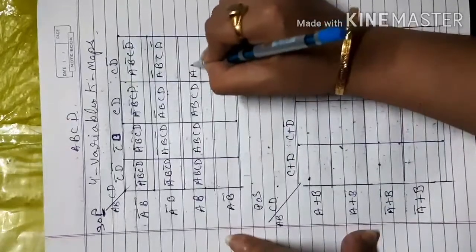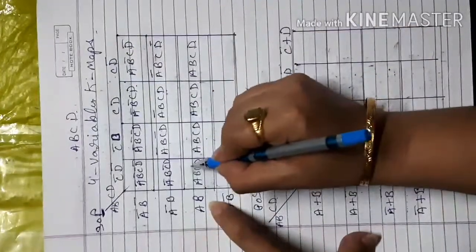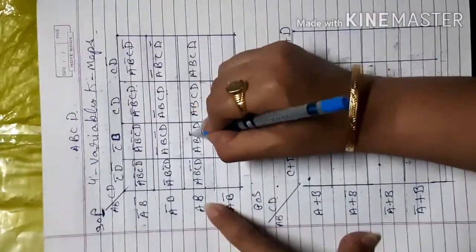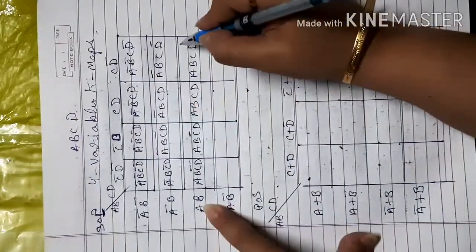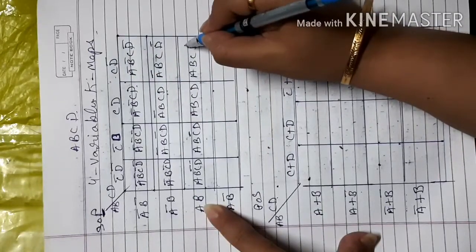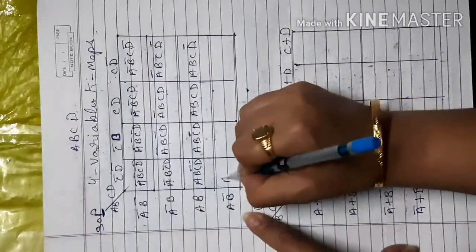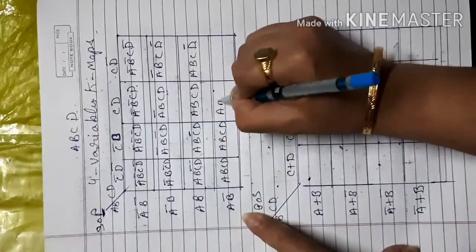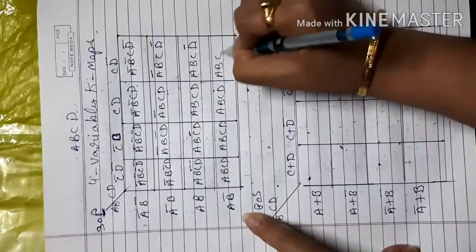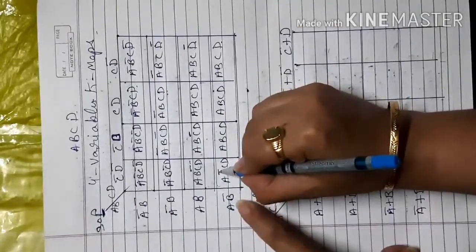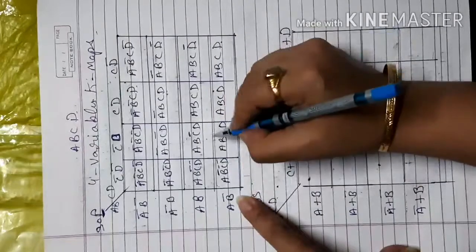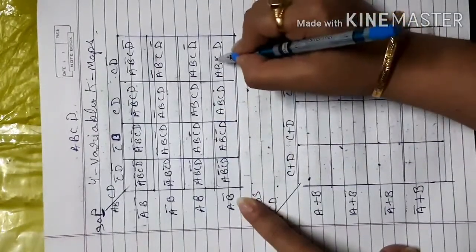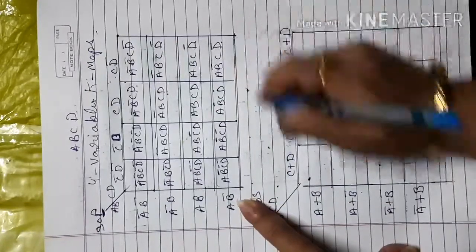First I will write it here, then it will be easier for me. So this is only C D complement, because AB is fixed, and here C D, and this is C D complement, only D complement. So this is ABCD, ABCD, ABCD and ABCD. So this is B complement and CD also. So this is B complement and C complement, B complement CD, and B complement and D complement.